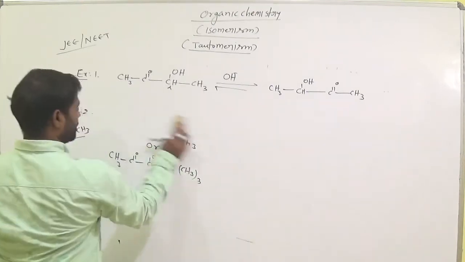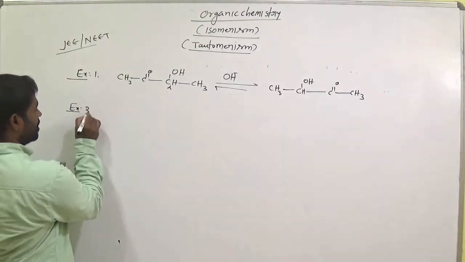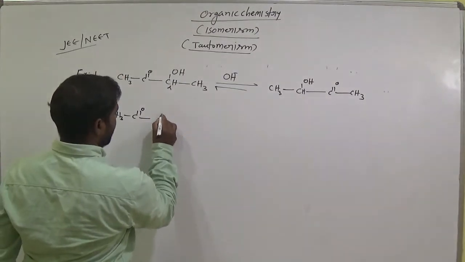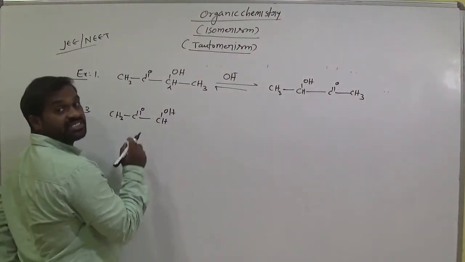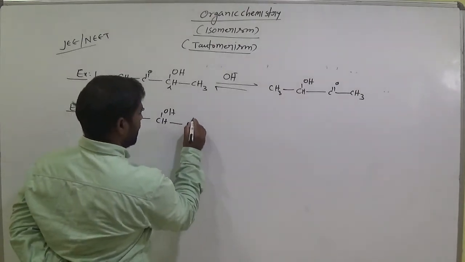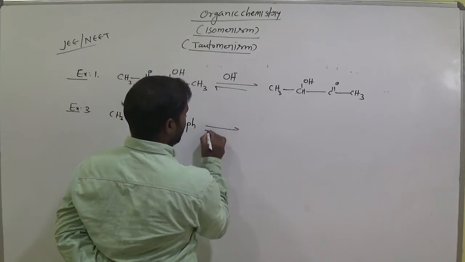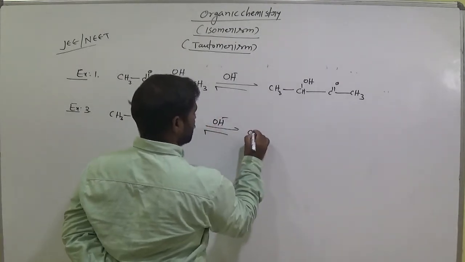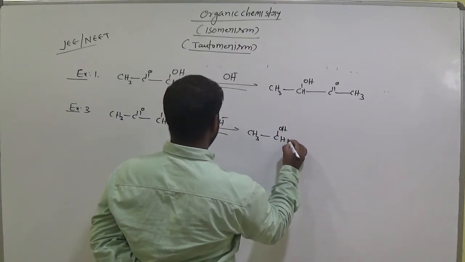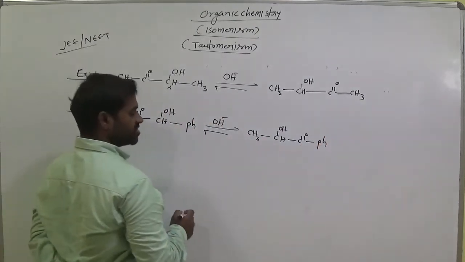And third example. CH3 C double bond O, CHOH alpha carbon, it consists of hydrogen and an OH group, hydroxy group, alpha hydroxy ketone, bond Ph. Ph means phenyl ring, benzene ring. What does it give in presence of basic medium, OH minus? CH3, COH and hydrogen, C double bond O, Ph. Exchange their position, keto and hydroxy position.